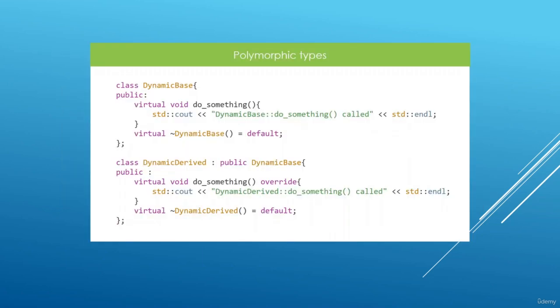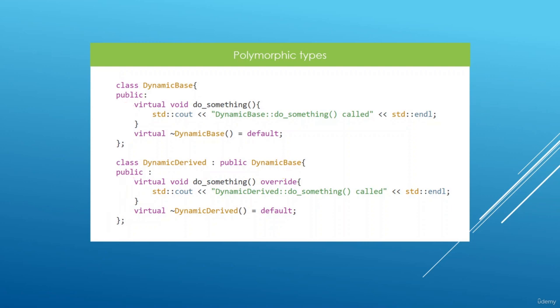Here we have a polymorphic inheritance hierarchy, and it is polymorphic because we have a bunch of virtual functions. In here you see in dynamic derived we are overriding the do something method and we are inheriting publicly. So because we have these virtual functions that we are overriding, this is a polymorphic inheritance hierarchy because we will have polymorphism going on for the do something method here. If we call it through a base pointer, we will get the most specific version called,